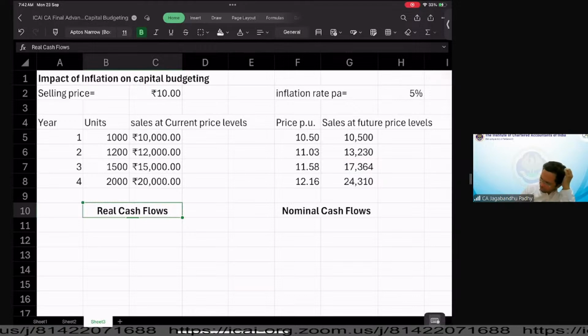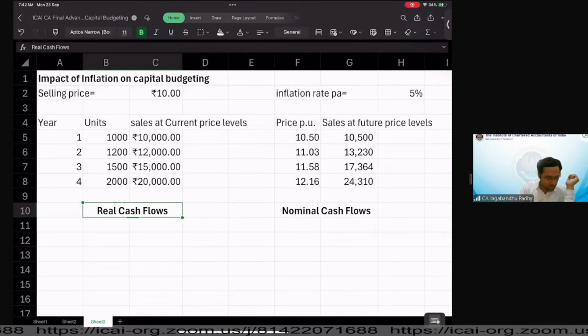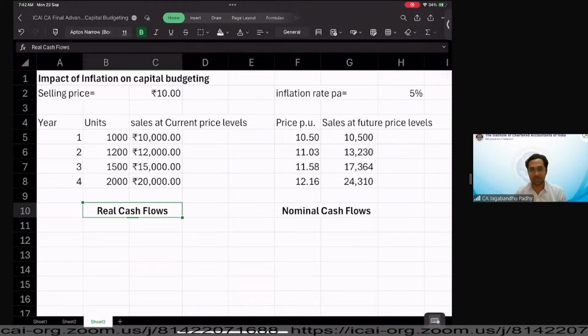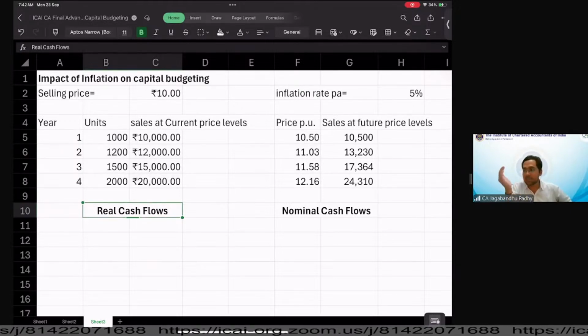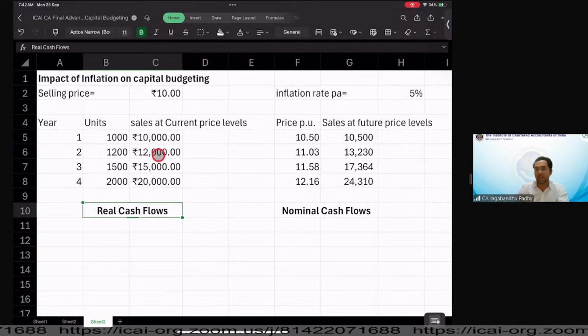In foundation also, you might have learned a chapter called index numbers. Have you all learned this chapter, index numbers? You might have learned some of the index number techniques, and there you used to do something called deflating the prices. We used to bring the future price level to the current levels, right? Current price levels are your, sorry, my bad. Future cash flows are your nominal cash flows, at future price levels, and when you're calculating cash flows at current price level, that's your real cash flows. These are the set of real cash flows.